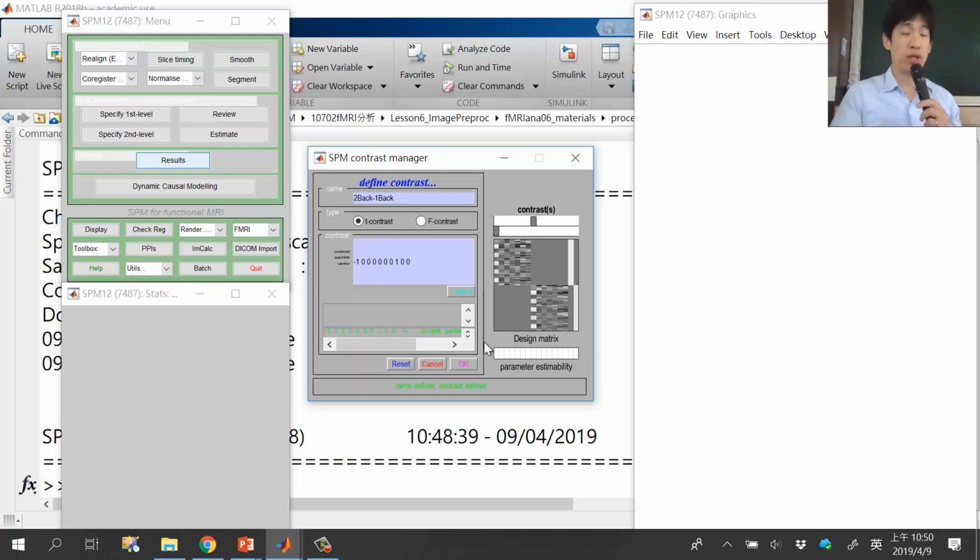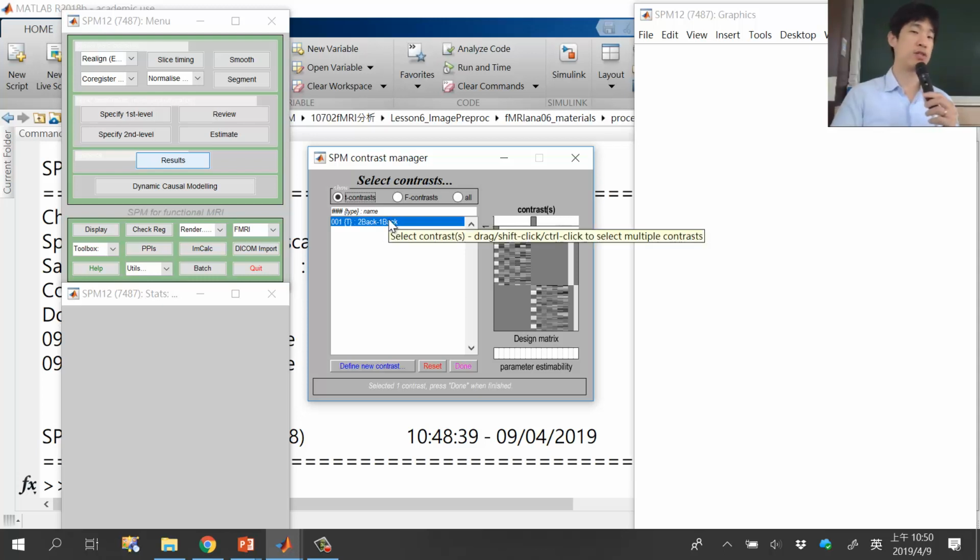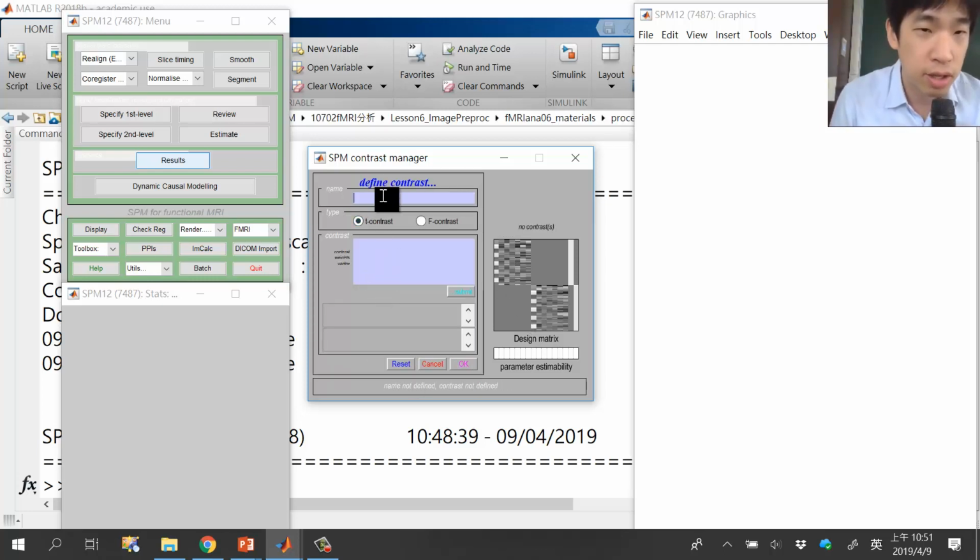Okay. This should be the correct one. If you finish this one, just click OK, and you will have this one. Okay. Again, if you are going to answer another question, is there any common or shared brain activation no matter whether 1 back or 2 back is delivered? Then you need to design a new contrast. Maybe you can key in 1 and maybe 2 back. For example, right here, you put 1 for the first column, followed by 6 0s again, then another 1 for the